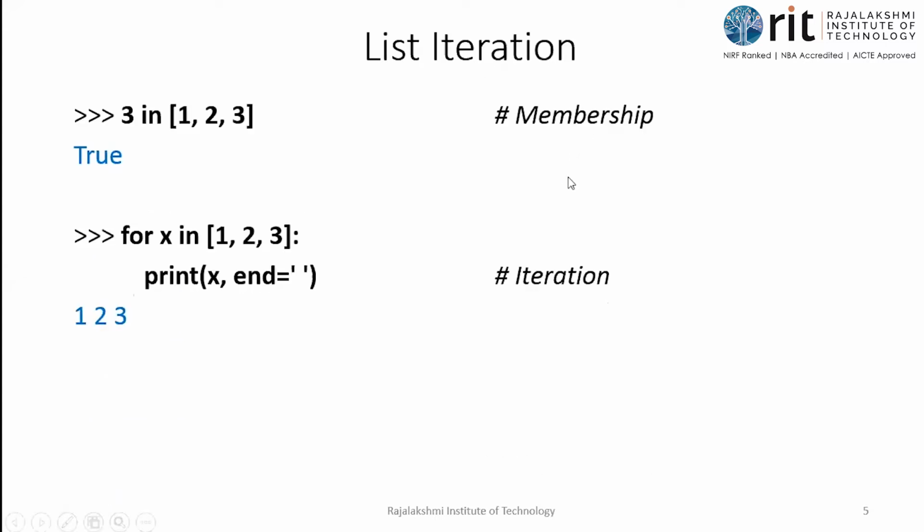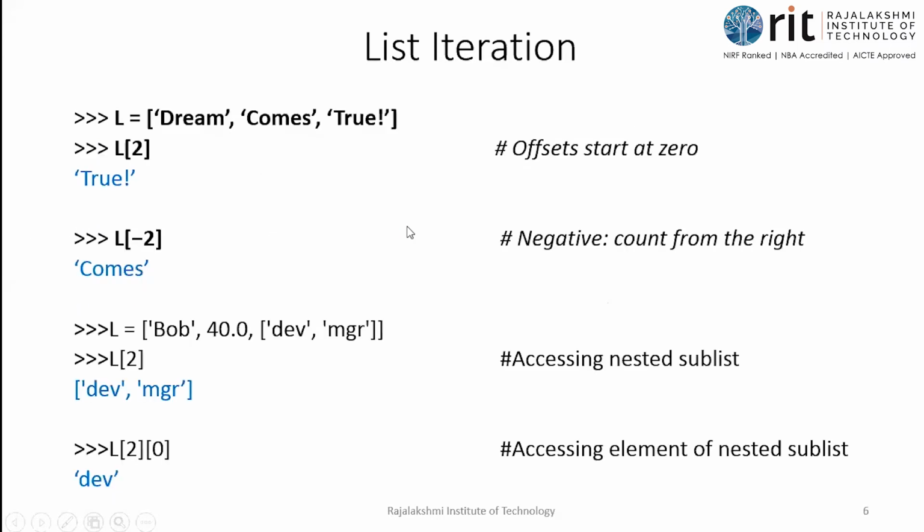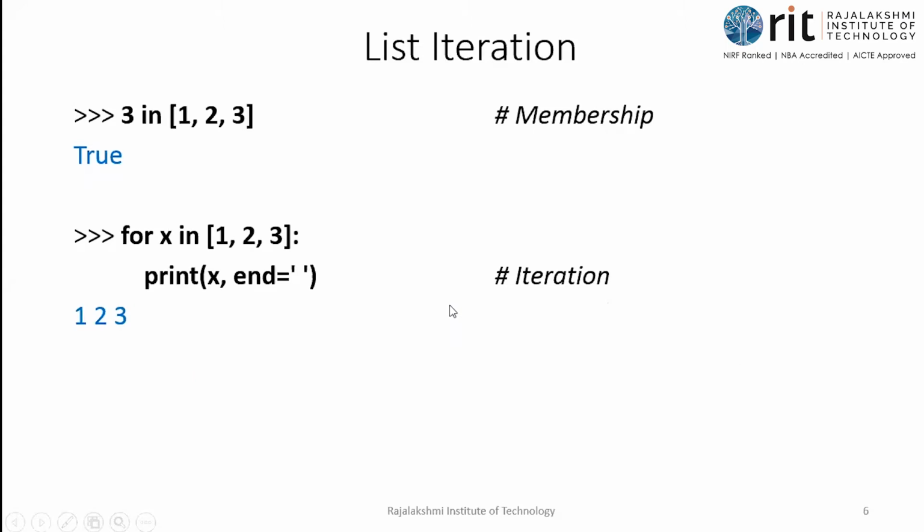So list operations are over. Then membership. I've already told you about membership. We have in and not in in Python, isn't it? Whenever you have the membership operator, on the left hand side you are going to have an atomic variable, one single value. On the right hand side, you're going to have the collective type. I can have a string, a list, a tuple, or any kind of collective variable there. Here I'm just checking for the list.